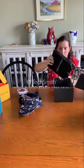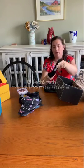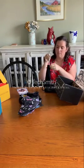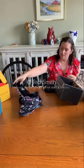Oh, hold on. Let me get these ones. These scared the bejeebus out of me because I thought that there was a glass candle in here. I didn't know what to expect. And so I heard clinking and I thought my candle had broken, and I was really bummed. But come to find out, they're actually metal reusable straws with a straw cleaner. So that was pretty cool. Save the turtles. All right, and then last but not least, the book